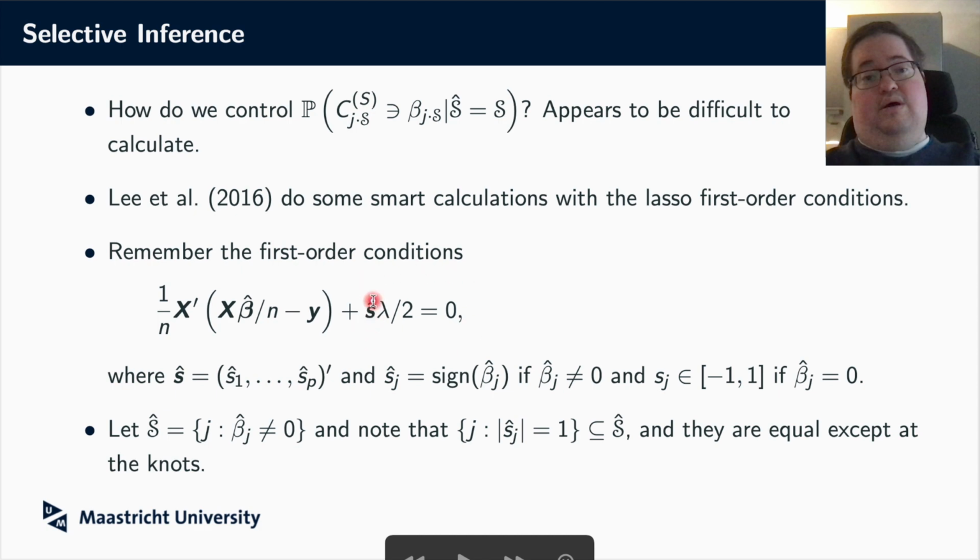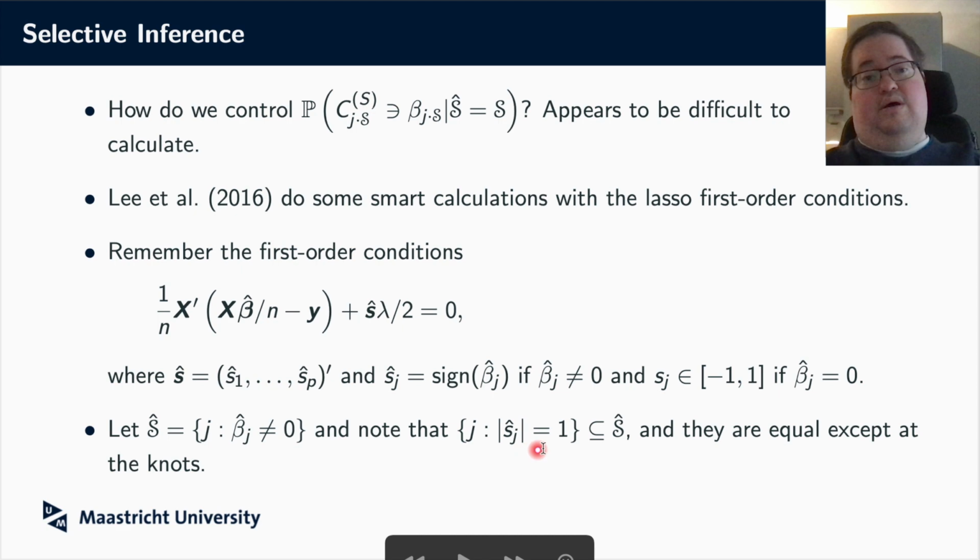Now I put a hat here on the S to indicate that this is the value for the subdifferential that we get in this particular sample. So therefore it's a hat. You could see it as the estimated sign because it corresponds to the estimated parameters. Now we know that, of course, for any parameter that has been selected, the sign is either 1 or -1. So you will not end up with a subdifferential there. That would only be if you would not select that parameter, if its coefficient is 0. So we know that if we let S hat denote all the selected variables, all the ones with coefficients not equal to 0,